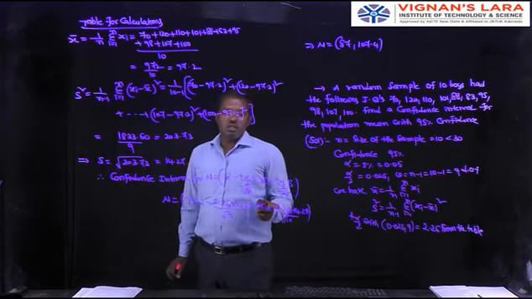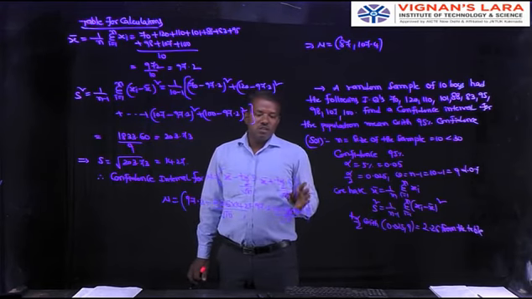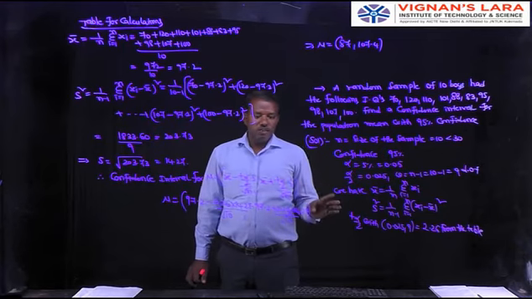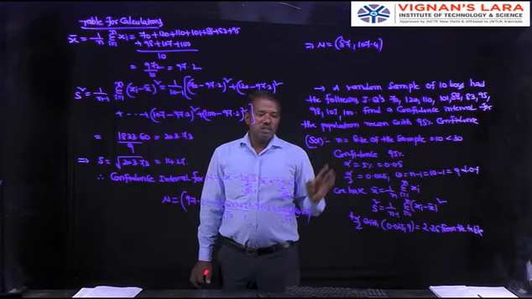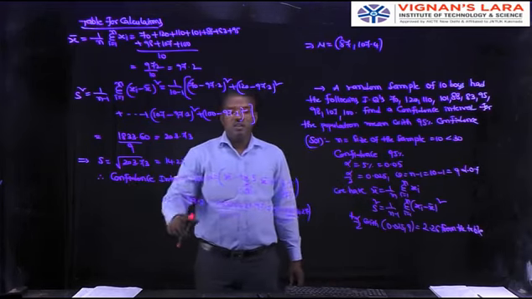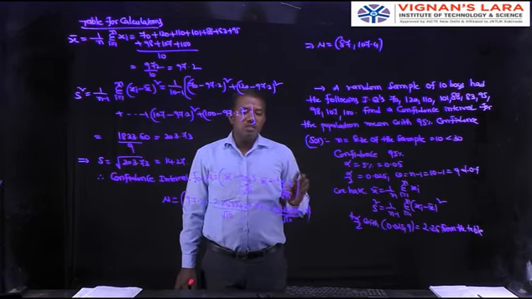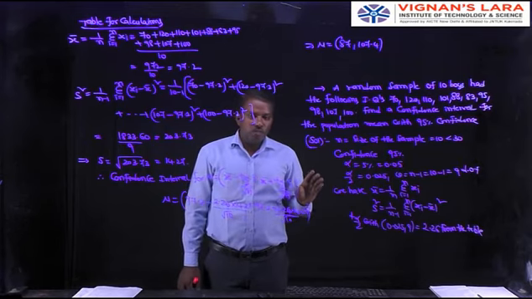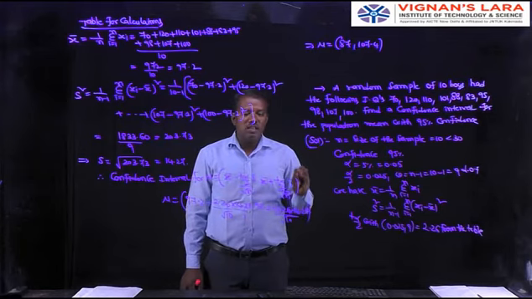So we have two models in the confidence interval, especially in the small sample case. One is where x bar and s are given directly. The second model is where, instead of x bar and s, only random sample values are given. In that case, we can calculate x bar and s square using these two formulas. But the procedure is this one. Then construct the confidence interval. That is the T distribution. This is the confidence interval for the population mean mu in small samples. Small samples means n value less than 30.